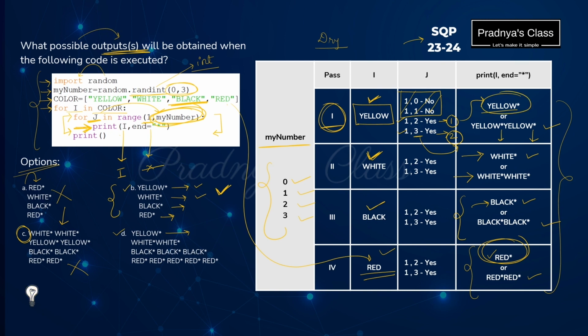Yes, that is possible. Look at the next value. White star 2 times. Yes, that is also possible. In the third value, black star is 3 times. This is not possible. Only a maximum of 2 times we are getting values, not 3 times. Now we can conclude that our correct option is option B. Hope you understood this explanation.